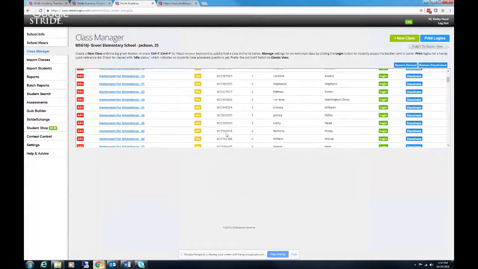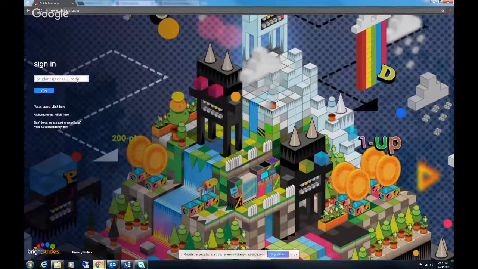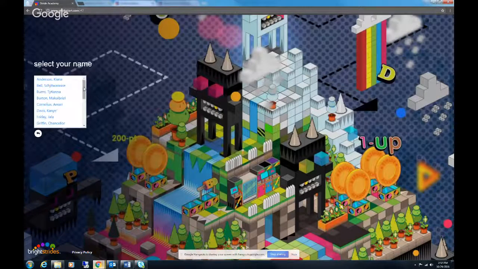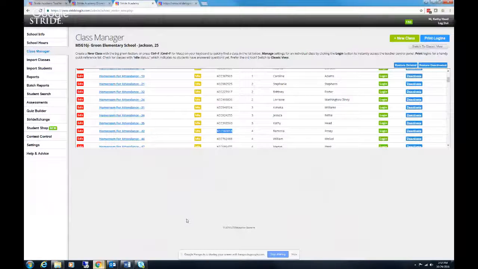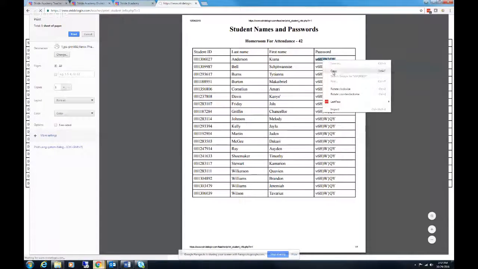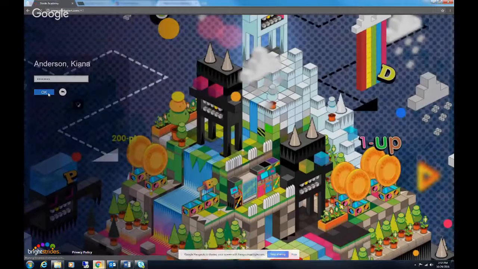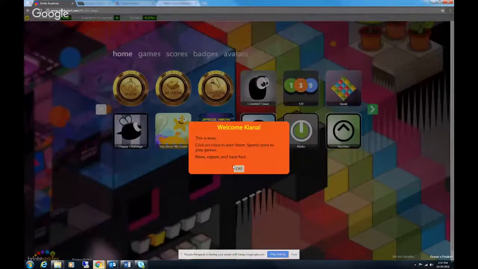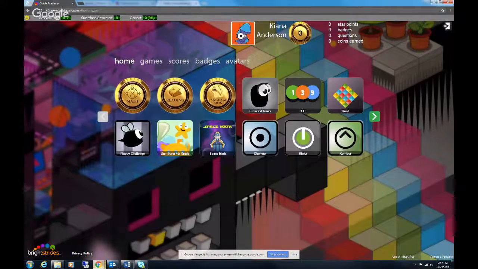But I'm going to go ahead and do this 4th grade, and here's the KCC code. I'm going to put it in my Stride Academy. Right here, I'm going to do go. Now I can pick the child, and since I didn't remember which child it was, now I'm going to put her password in, and that doesn't really matter because the passwords are all the same for every kid. We've already talked about that. So I'm going to grab the password, go back here, put it in, and now when Kiana Anderson logs in, she's going to be good to go. She needs to start here so she can complete her pathway and start earning her points and